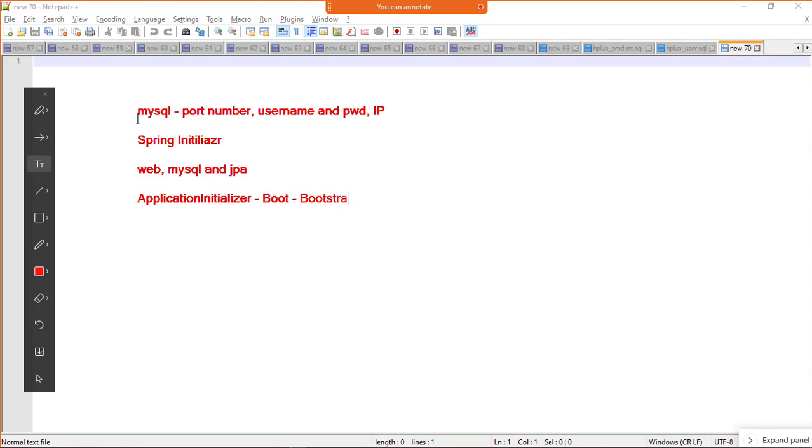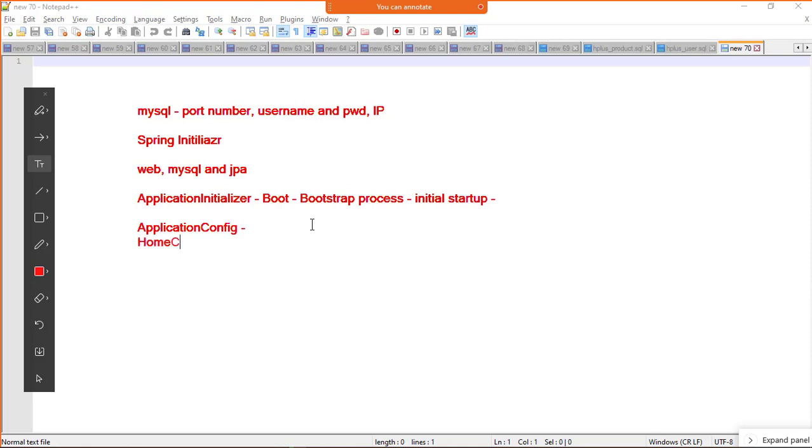Boot basically manages your bootstrap process. Bootstrap process is the initial startup process, meaning who will initiate your application, who will handle how the application will turn up. In the case of Spring Boot, it handles that. I will make sure the application config is there. Boot will make sure it pulls this application config.